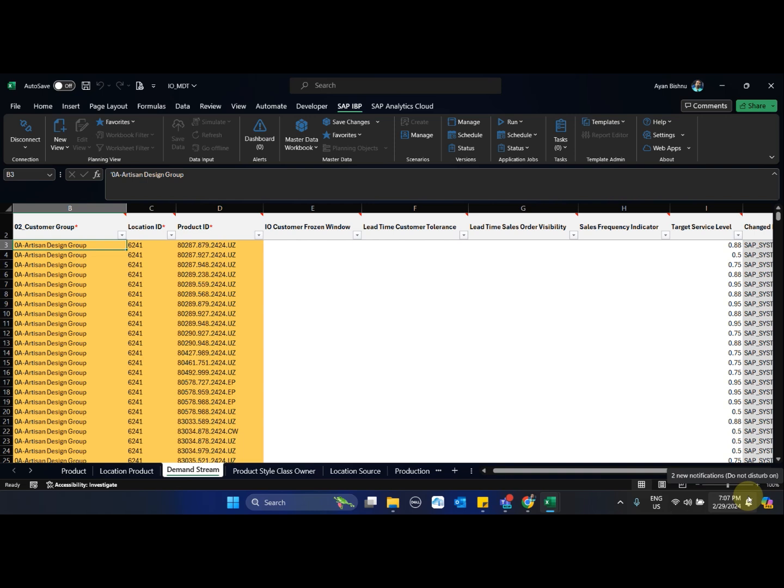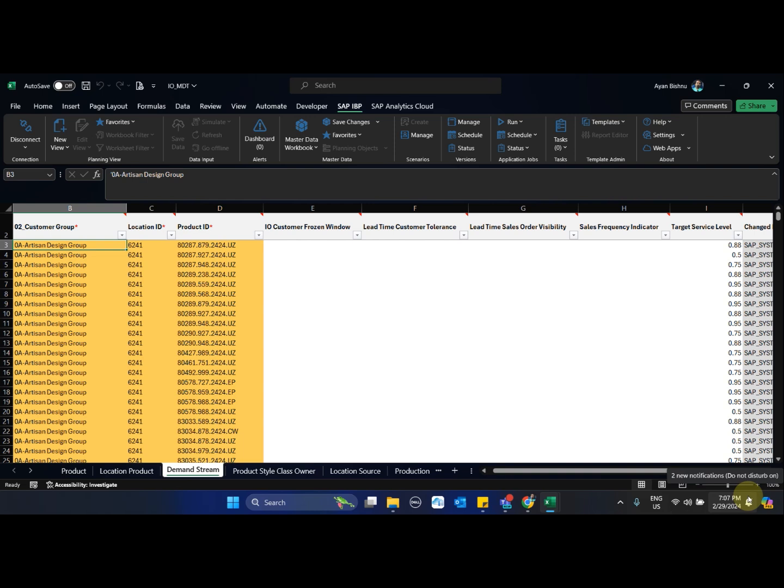Now comes the next part, the covariances, which are not as much used as the forecast error covariance. The next most commonly used is lead time covariance.